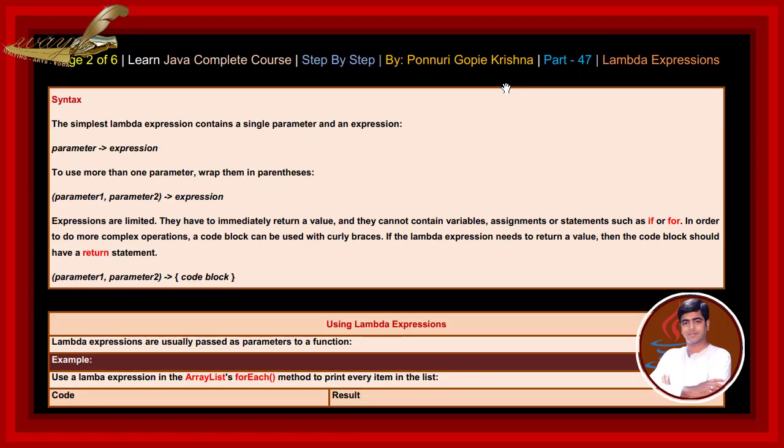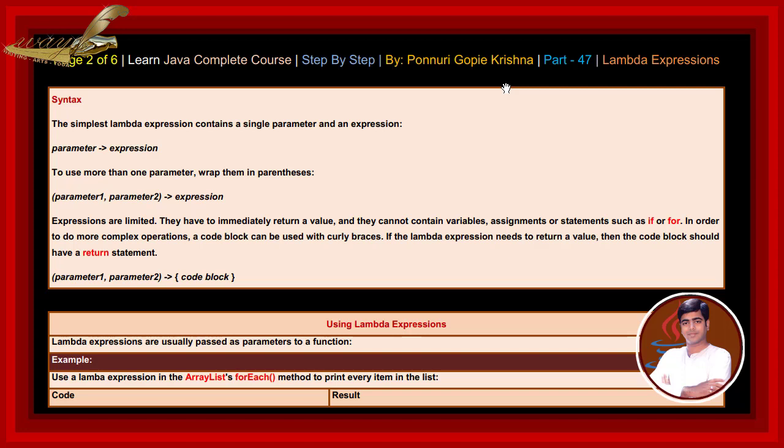Syntax: a simple Lambda expression contains a single parameter and an expression. Say, parameter -> expression. To use more than one parameter, write them in parentheses like this: (parameter1, parameter2) -> expression. Expressions are limited. They have to immediately return a value and they cannot contain variables, assignments or statements such